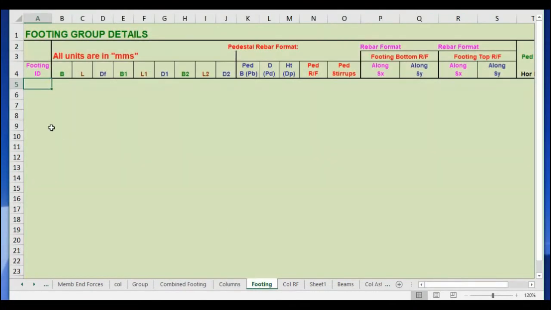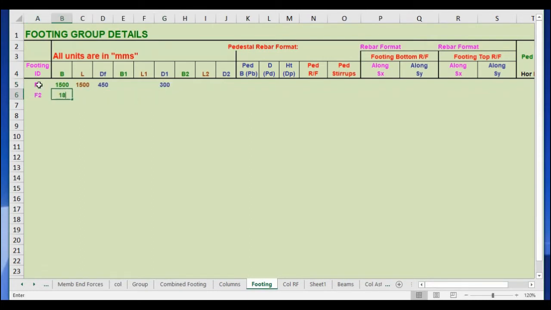Select the footing sheet. Here we need to enter the footing design data. Before entering, we should complete our footing designs. I am assigning F1 size as 1500 by 1500, 450 mm depth. Tapered depth I am entering at D1, that is 300 for F1.